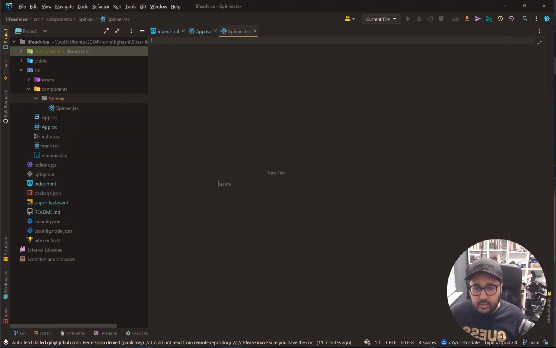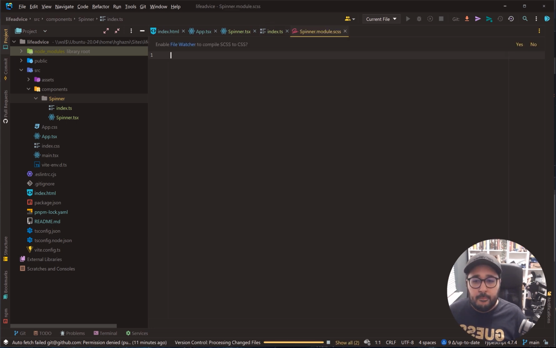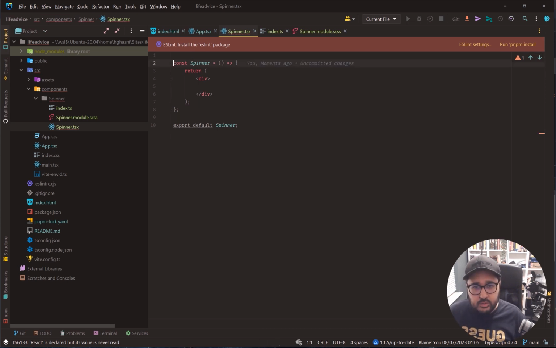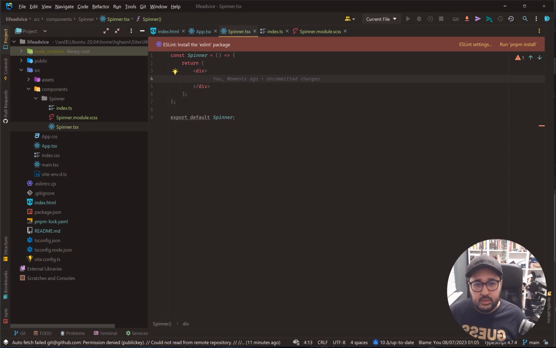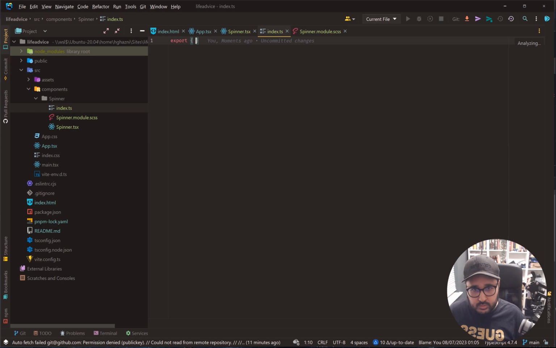Spinner.tsx. We will create an index.ts, and we will create a SAS modules file. Brilliant. We now have our spinner component. We're not really using React, and it's implicitly used anyway, so we don't really need it. So we have our spinner component. We'll create a spinner class here. Make sure we export